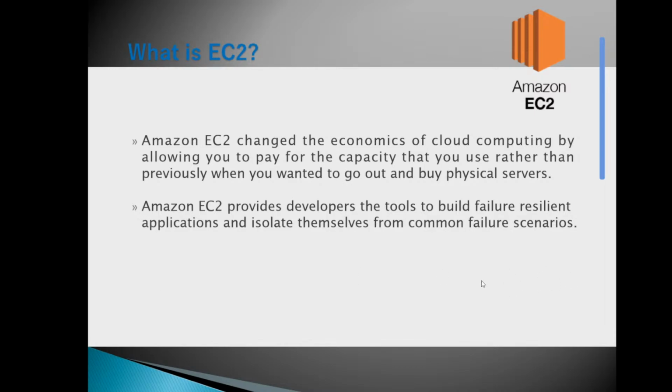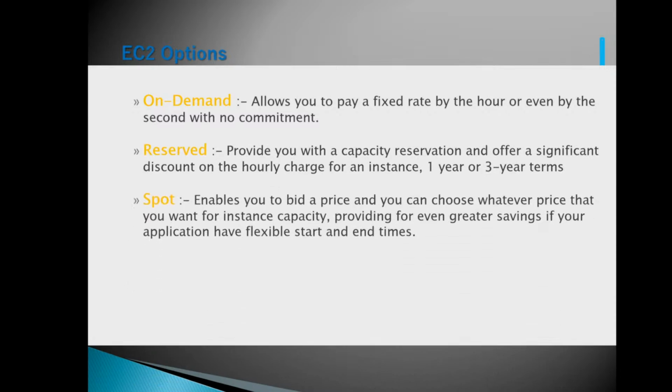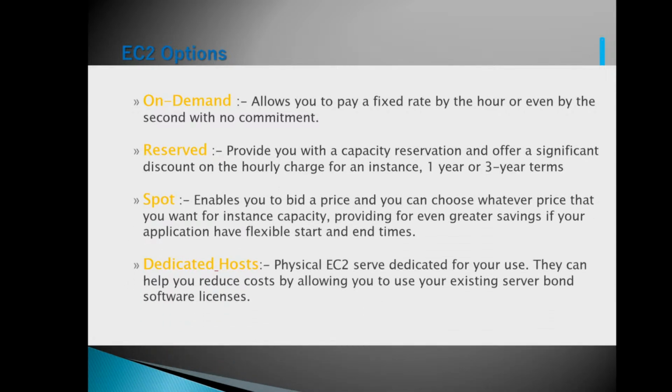Whatever machine you require, you can get it from Amazon. Whatever size you require, you can get it from Amazon, and you just need to connect to that machine. We have seen the options: on demand, reserve instance, spot instance, dedicated host. So basically there are a variety of ways in which you can ask Amazon for EC2 machines. Starting with on demand, it is a fixed rate and there is no commitment with Amazon. So whatever the current price is, you have to pay to Amazon